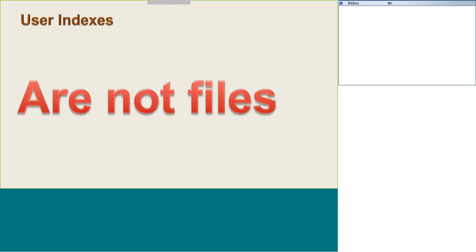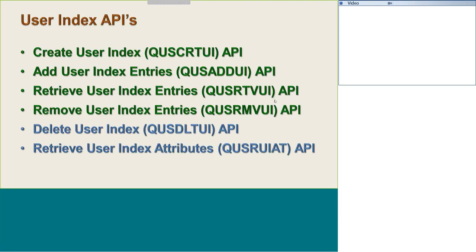and now let us say that a user index is a collection of user spaces. And this is important. This is why I needed to do the user space concept first. Because a user index consists of entries. And each entry can be from 1 to 2,000 bytes long. They can be fixed length or they can be variable length. And the index, the user index, is made up of multiple entries,